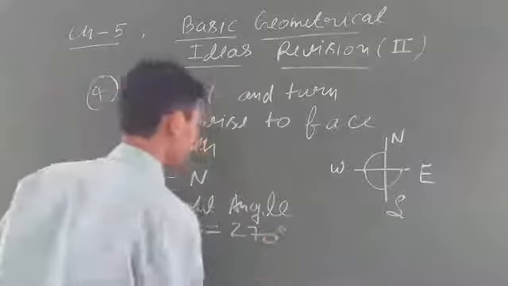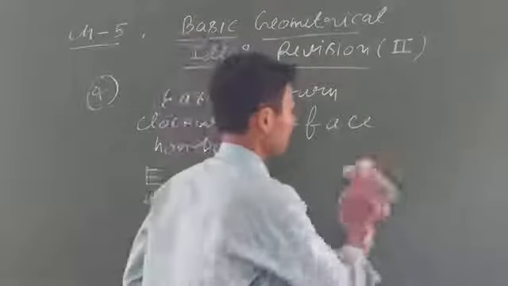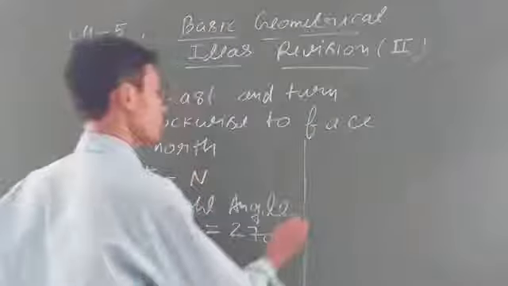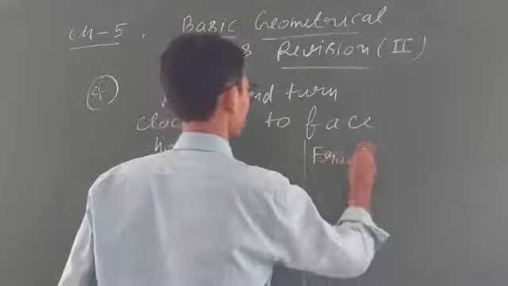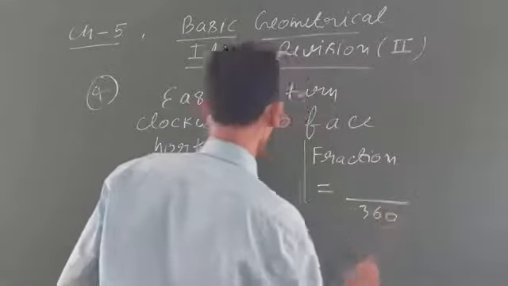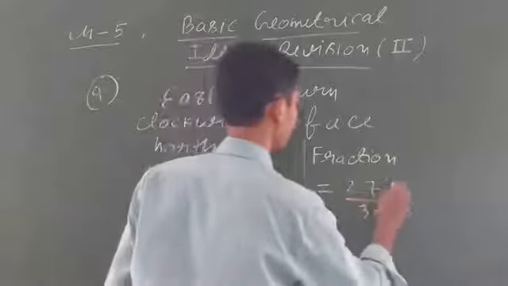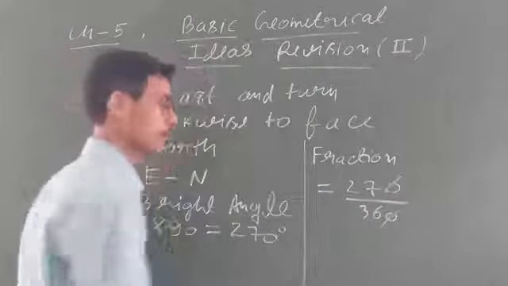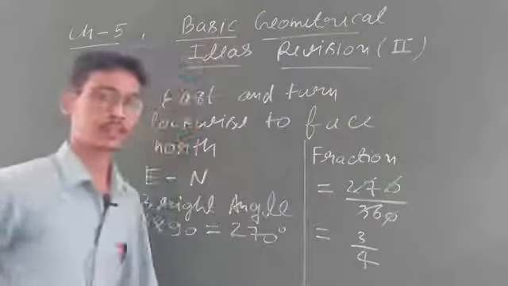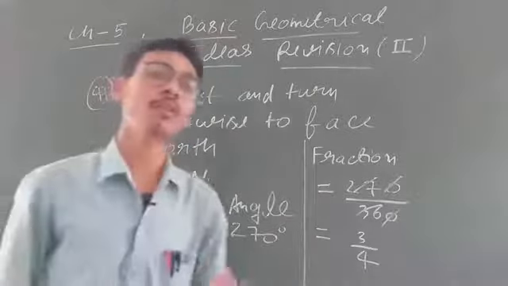Now we have to find out the fraction. So how do you find the fraction, students? I explained, you have to find the fraction of the total revolution. Now you know the total revolution is 360. So in the denominator we will write 360, and in the numerator what is given? 270. Write down 270. The zeros cancel. Then you can reduce: 9 3s are 27, 9 4s are 36. Clear, everyone? This is the process for the question. When you practice, you will solve all the questions based on this.